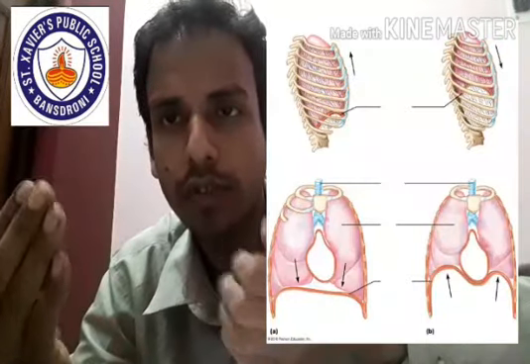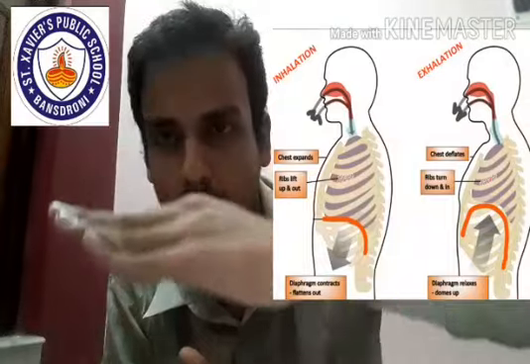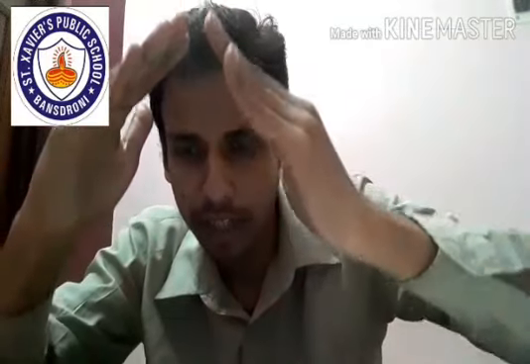So what will be its consequence? It's general common sense. Look here, the diaphragm is associated with the rib cage and the lungs. So once it contracts, the space between the lungs and the diaphragm will expand and increase. So the diaphragm is moving downwards and the space between them is getting wider. As a result, what happens next? The diaphragm is moving down, and the space between them is increased.